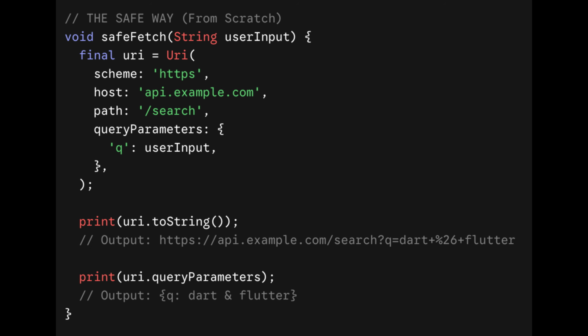To fix this permanently, you should stop building Uri strings manually. Instead, let Dart do the heavy lifting safely. The cleanest approach when building a brand new URL is to use the structured Uri constructor. You break the URL down into its logical components: the scheme, the host, the path, and most importantly, a map